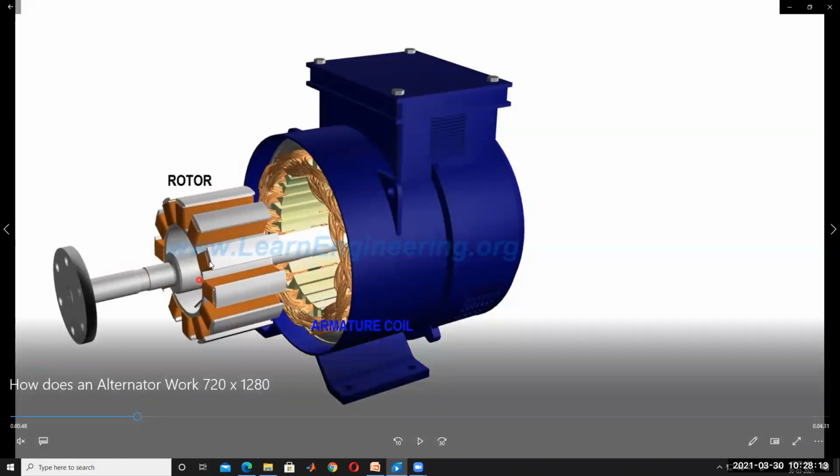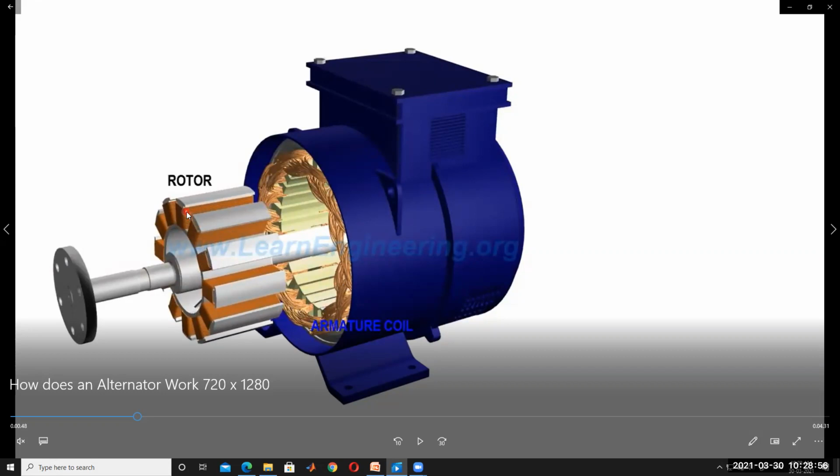That's why the polarity is fixed here. For example, the flux generated from here means it is acting as a north pole. So in this portion the north pole is constant. The north pole is rotating like this, and the other side is the south pole. The poles are rotating in this direction. That is nothing but the field winding rotating. The field winding is rotating, and the armature, that is the stator winding, is stationary.